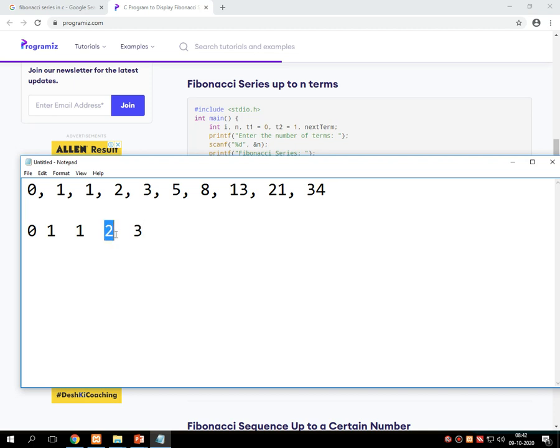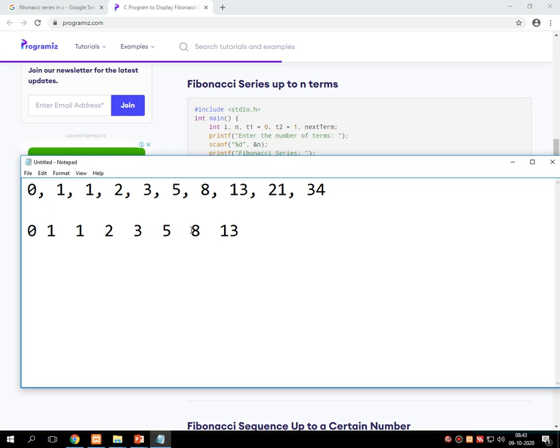This becomes the old number and this one becomes the newer number, which gives me an addition of 5. Then 3 becomes old and 5 is the new number. 5 plus 3 is 8. 5 becomes old, the newer one is 8. 8 plus 5 is 13.